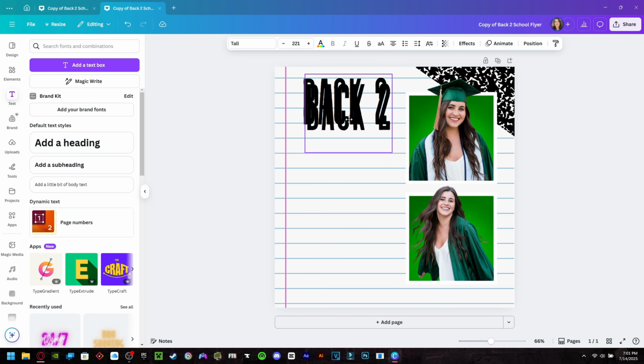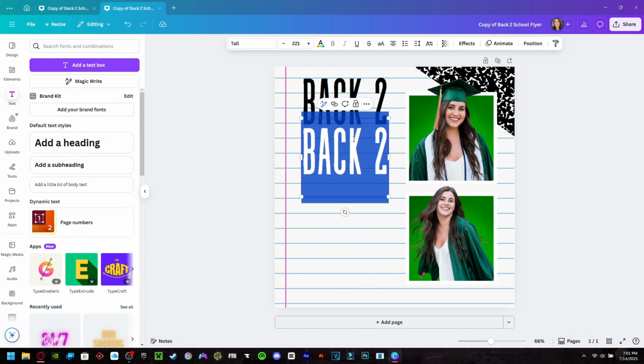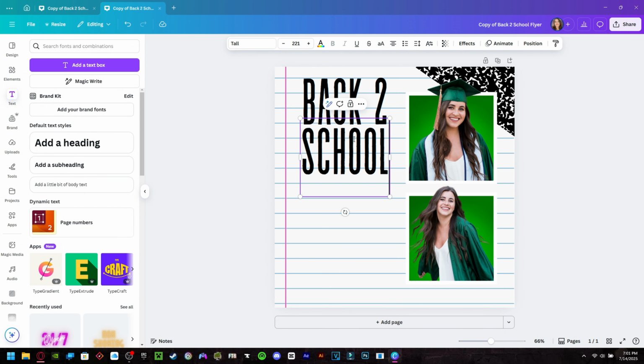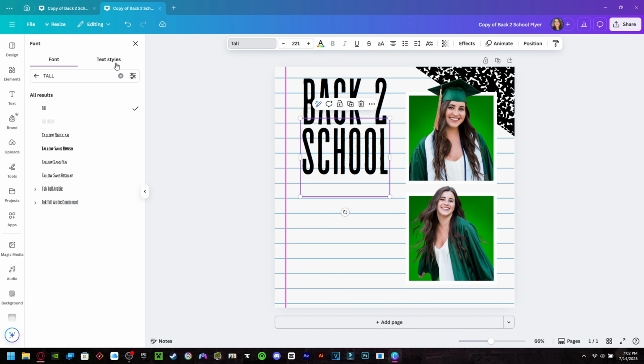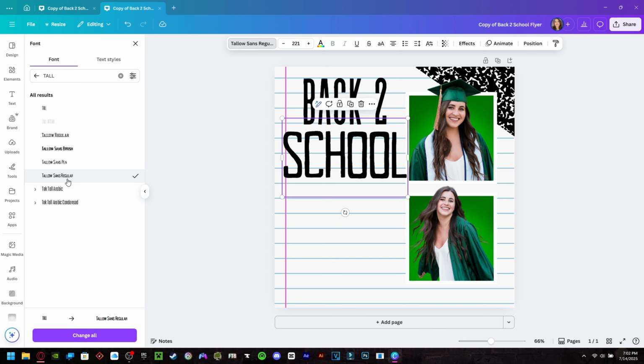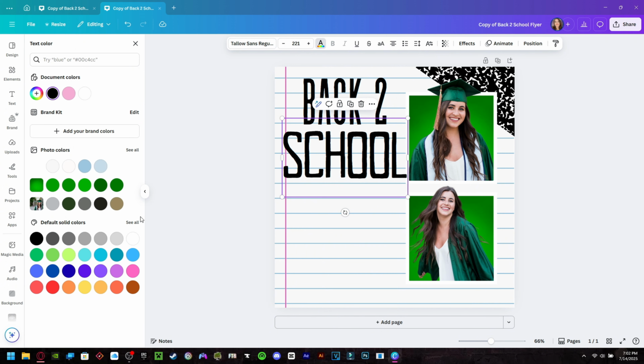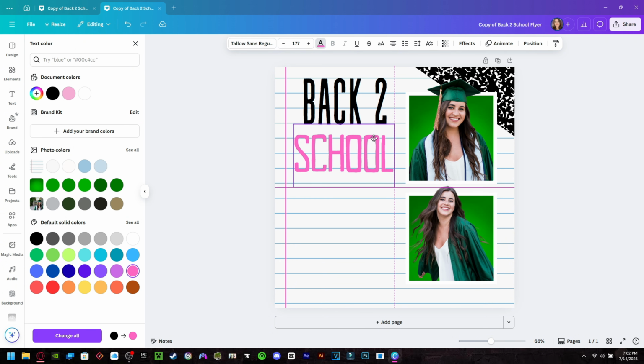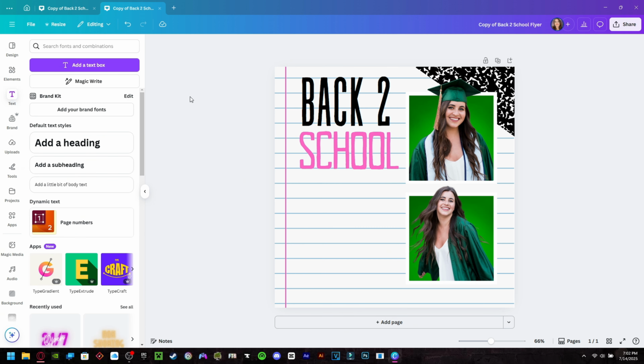Then you're going to click the duplicate button and you're going to duplicate the back 2 and you're going to type school. Then you're going to click on the font again and you're going to find this font here. It's called Tallow Sans Regular, and you're going to click on that. And then you're going to change the color to pink. And I just clicked that pink there, and we're going to shrink it down so that it's about even with